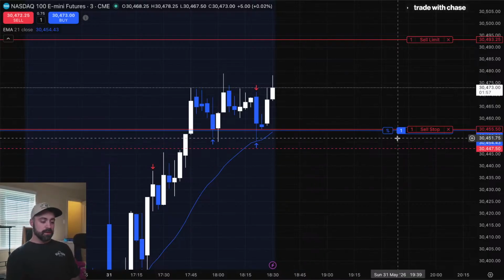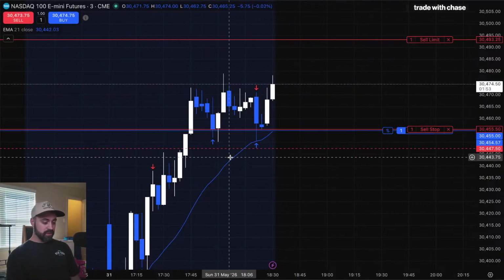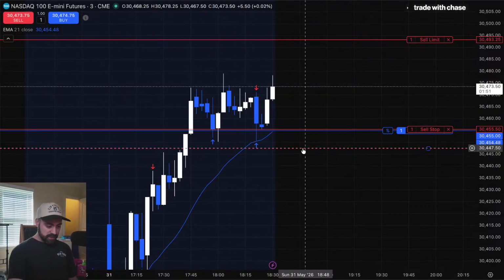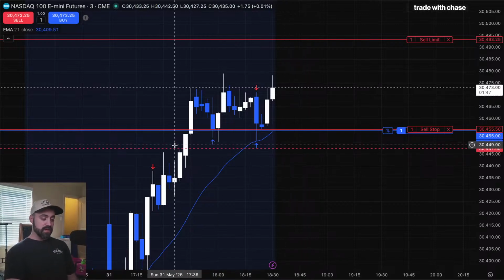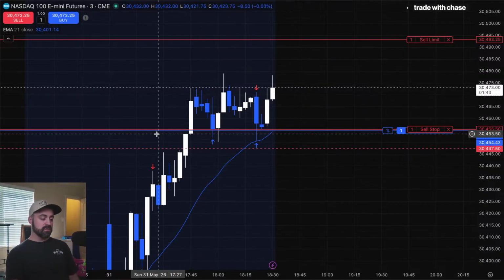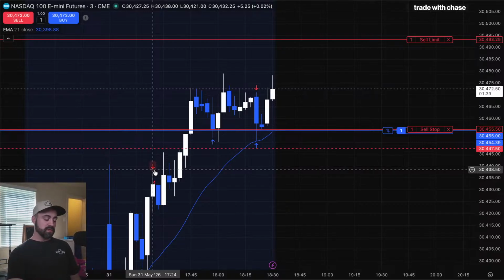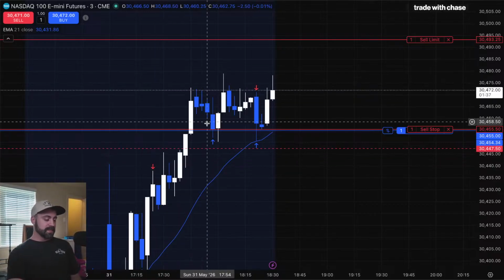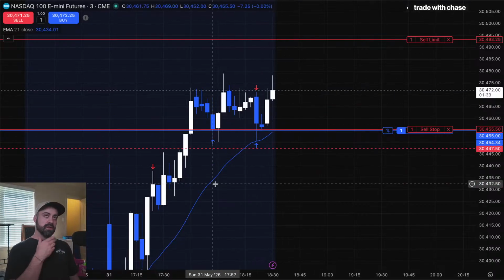They tend to line up all the time with other levels. You could count this red line here as a resistance level or a support level. Now, we didn't perfectly tap it, but we were in that zone, right? So if I would have just been purely doing support and resistance, these are kind of the same types of trades. I just have a better, to me,